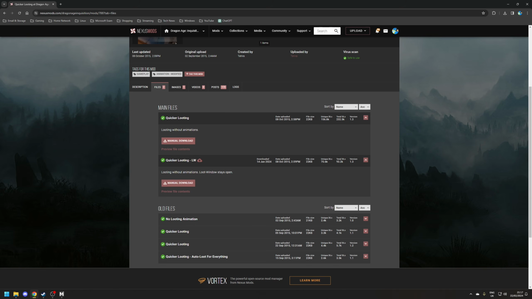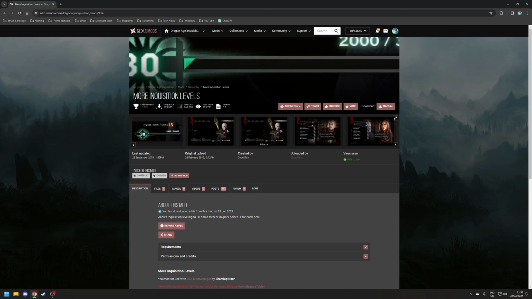Although I do tend to go with the option of looting with the animations, especially if I pick up an armor, just so I can see what I'm picking up. And much like the rest of these mods on the list so far, just install as you normally would using Frosty. So another mod we're looking at is the More Inquisition Levels mod, and this is a mod that simply